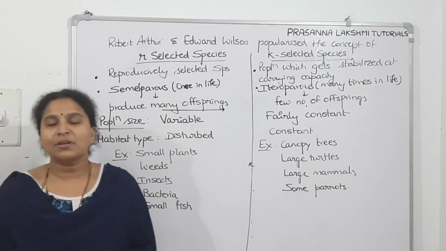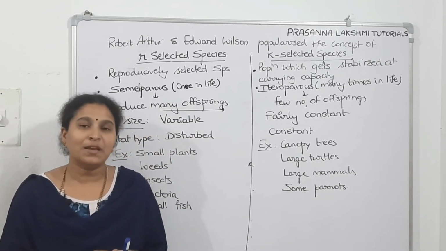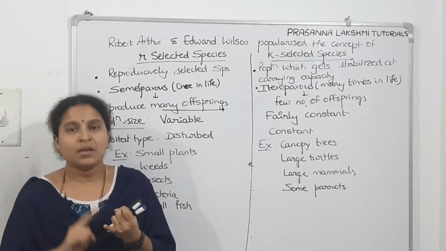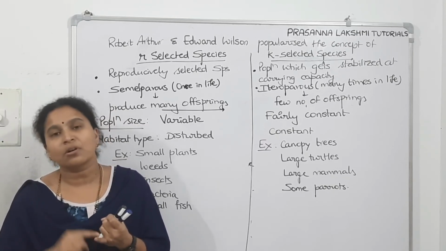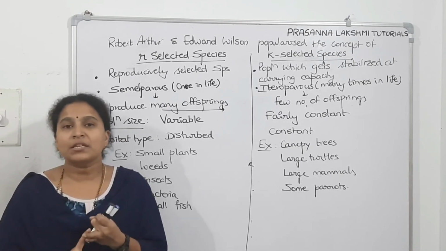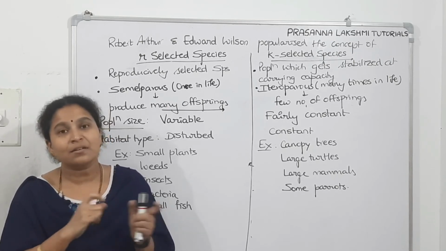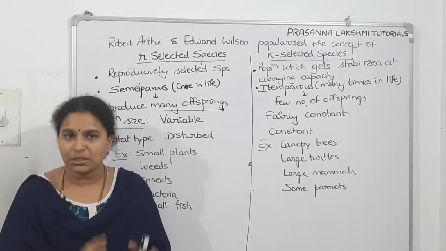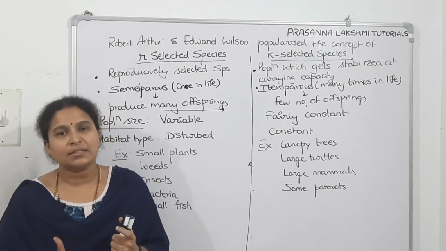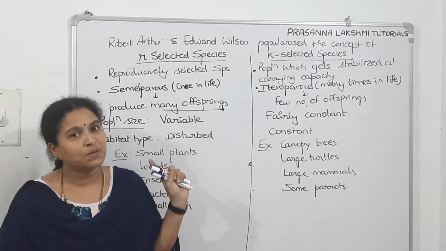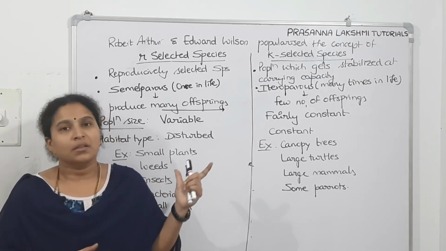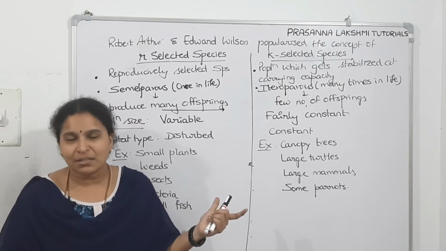So this is about our today's session. In today's session, we have seen the differences between exponential and logistic growth. The next topic we discussed is life history variations. We discussed that it is a very interesting research topic for scientists, and then we came to what R and K are, R selected species and K selected species. We have seen the differences between R selected species and K selected species. Hope this content is informative.